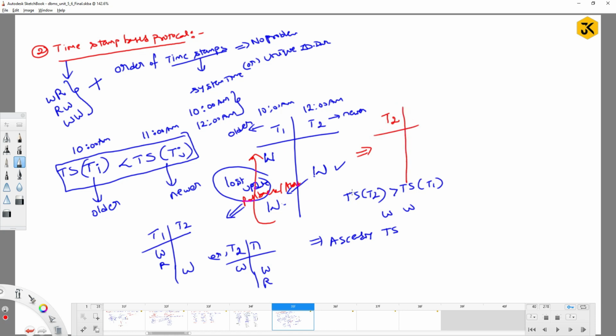T2 will also be rolled back. Or if I say they are going to start once again with a new state, so T2 is going to be executed, then T1 will come with another transaction. Let me take the transaction name as T3. Then it is going to perform write followed by write. Okay, now if I am trying to say in terms of some definition,